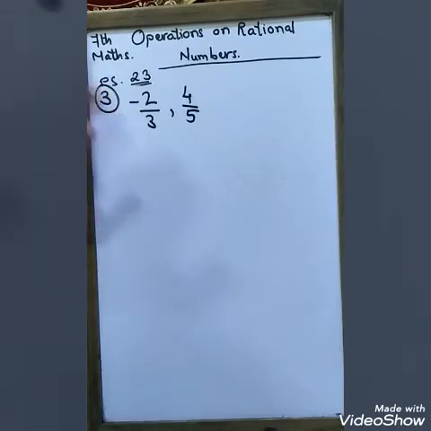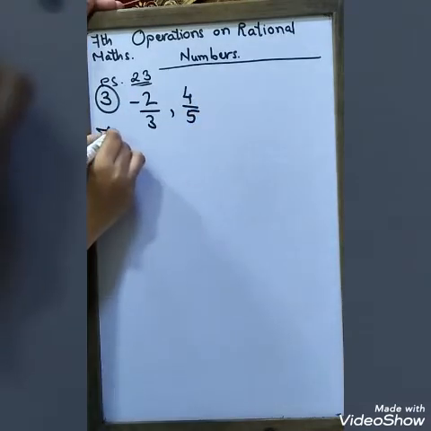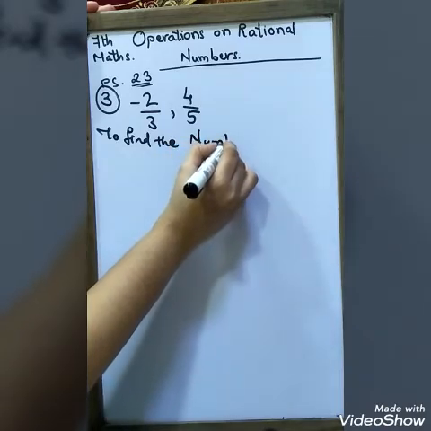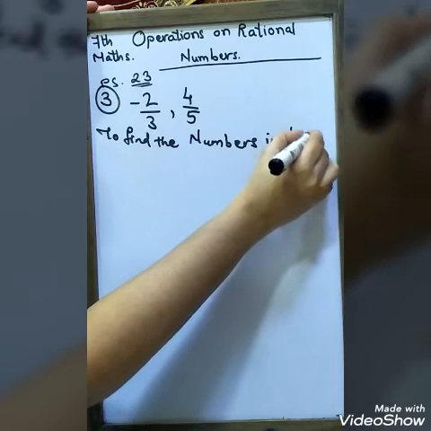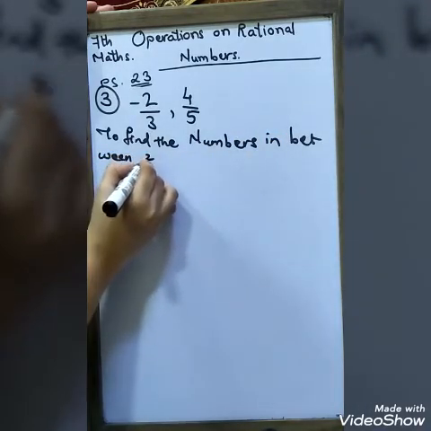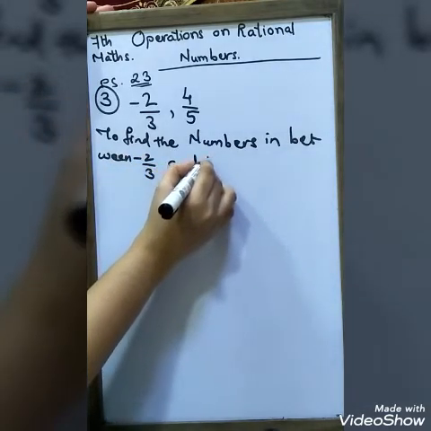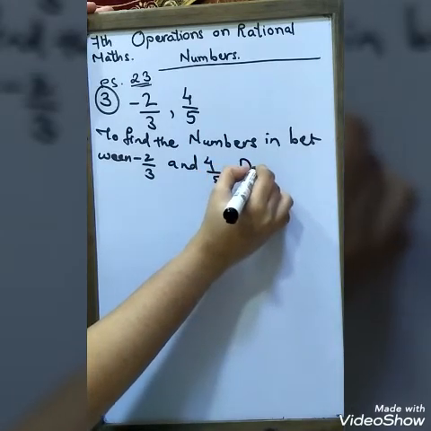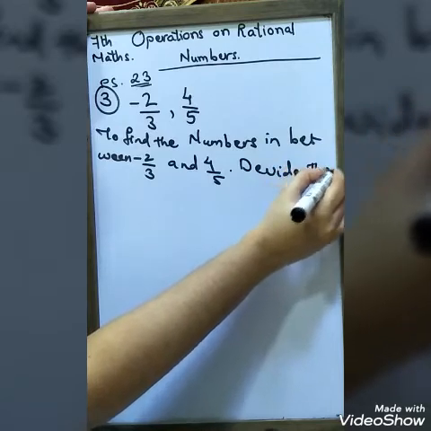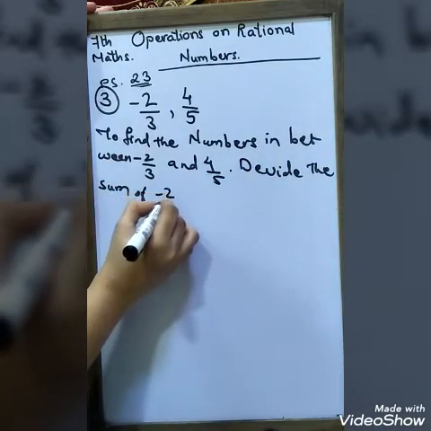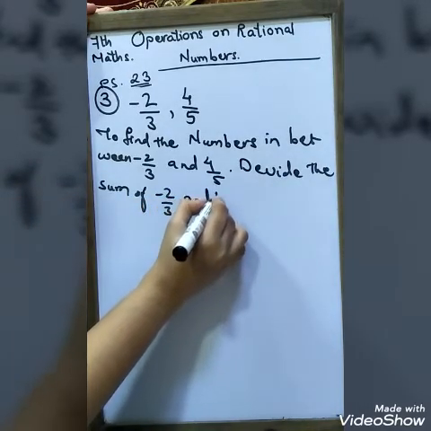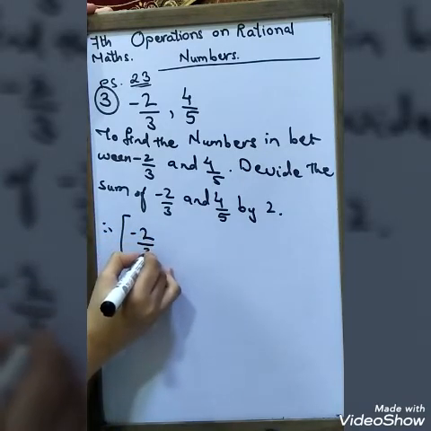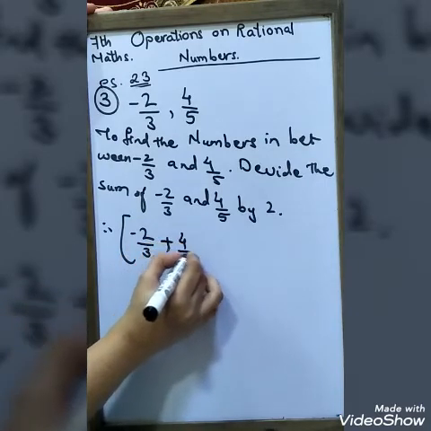Now the third question we are having minus 2 by 3 and 4 by 5. So to find the numbers in between minus 2 by 3 and 4 by 5, divide the sum of minus 2 upon 3 and 4 upon 5 by 2. Therefore, minus 2 upon 3 plus 4 upon 5